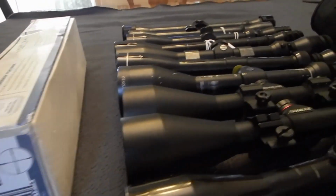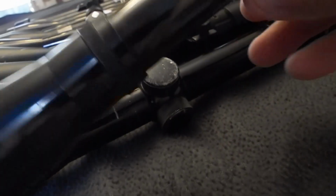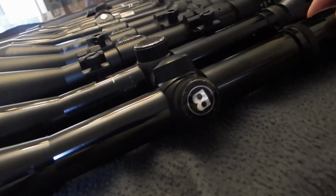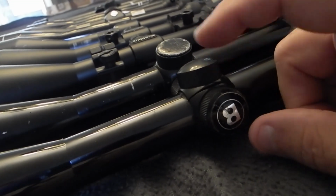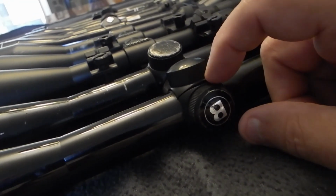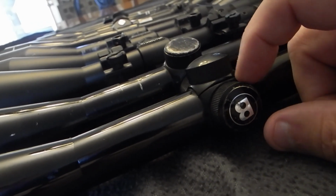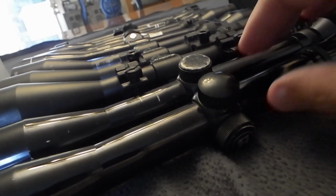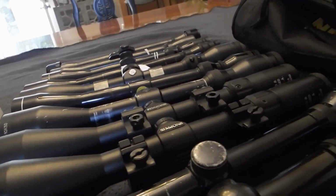Here's that Bushnell Sports View I was talking about. This one right here, it is a fixed 4-power, but the problem with it is in here, one of these adjustments will not allow you to adjust, and I think it's the left-right, will not allow you to adjust it to where you need it to go. So that one has to be fixed. Then I've got,